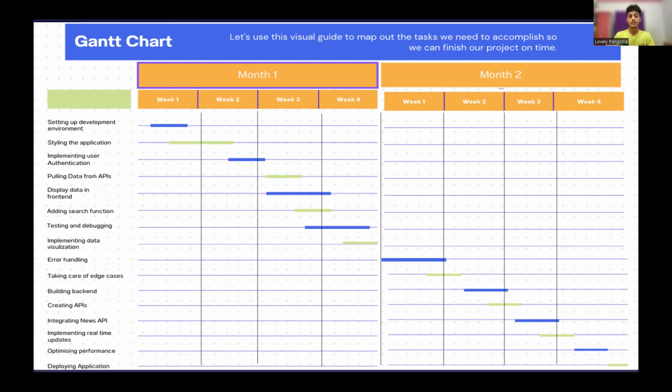Like if we search a particular thing, we want our website to be more responsive and take less time for everything that the website does. So we'll be trying to reduce the time that it takes for each function and optimize the performance. And then in the very end of the second month, we'll be deploying the application on the server and hosting the application as well.